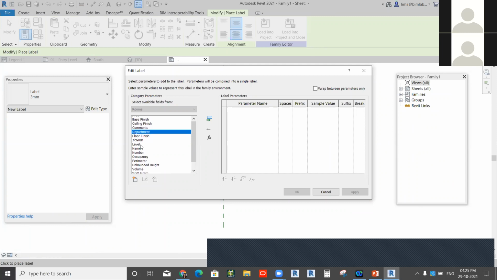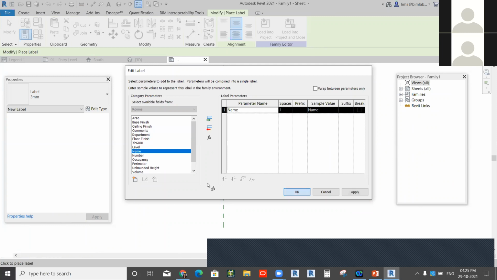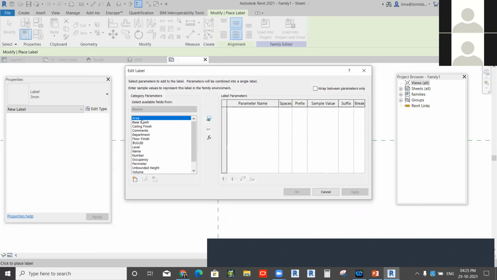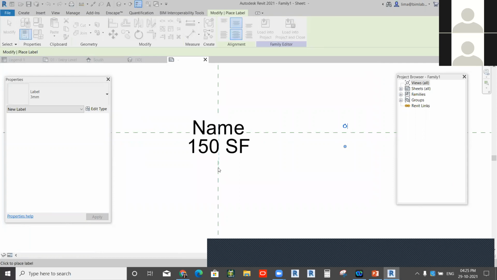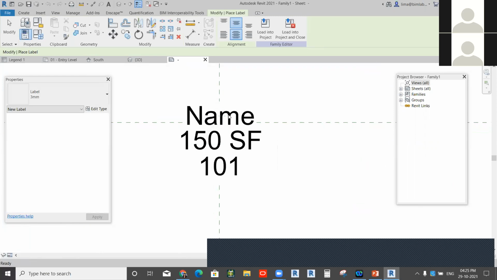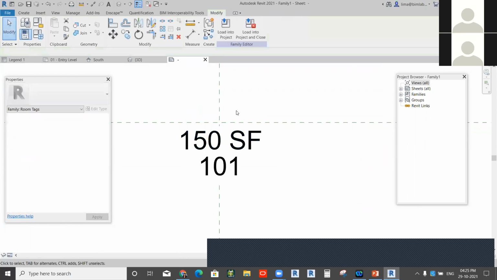So here I'm tagging my room name. I want the room name, so I'm adding that one. Below that, I want to create the room area. Then below that, room number. So all the parameters, all the fields, you can add for the text.